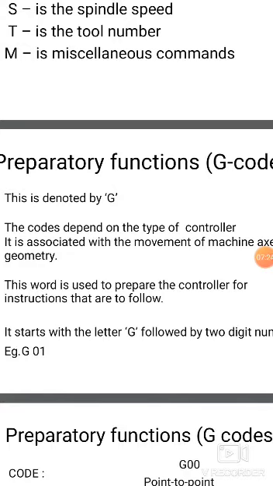When we write the program, it involves cutter motion, dwell, canned cycles, etc. For example, G02 is used to prepare the NC control unit for circular interpolation along an arc in the clockwise direction.